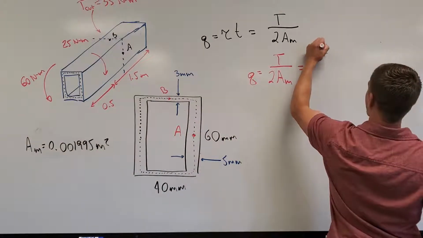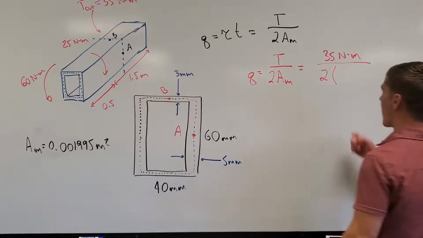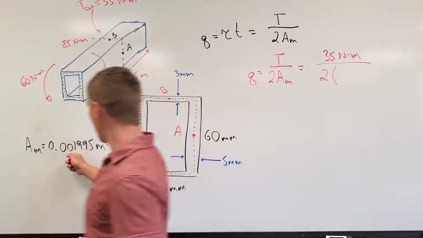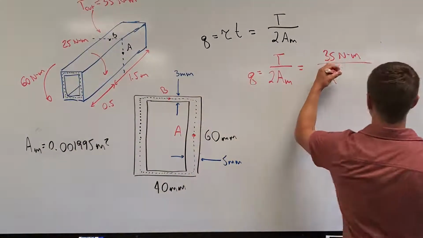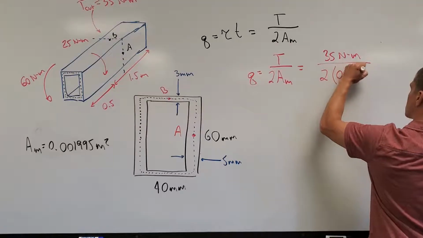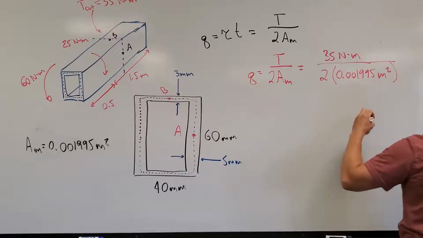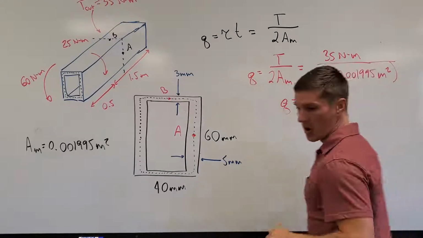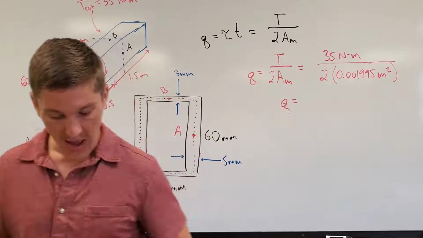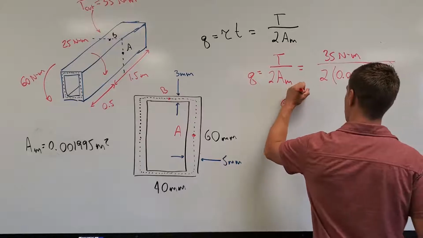So we have 35 Newton meters over 2 times 0.001995 meters squared. And you just plug that all in your calculator, and we get that our shear flow is going to be 8771.9